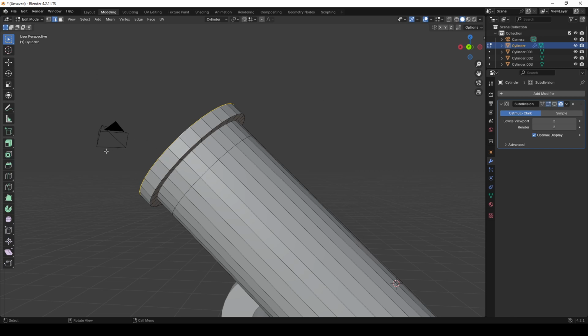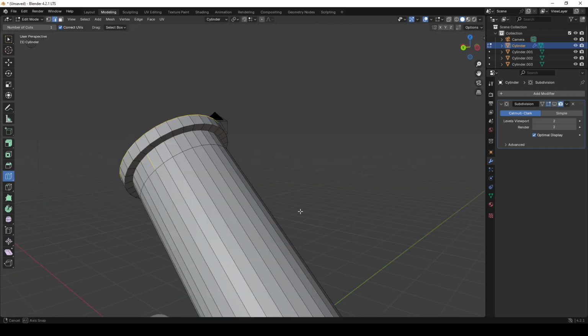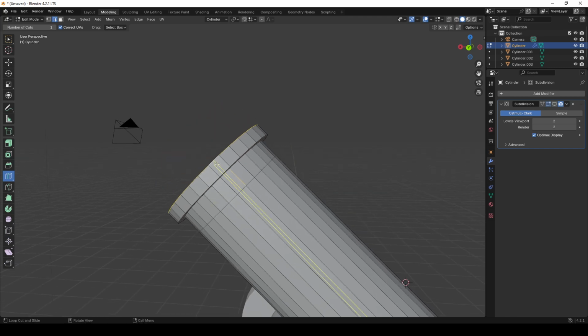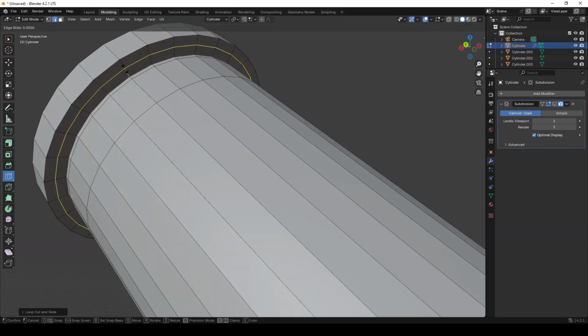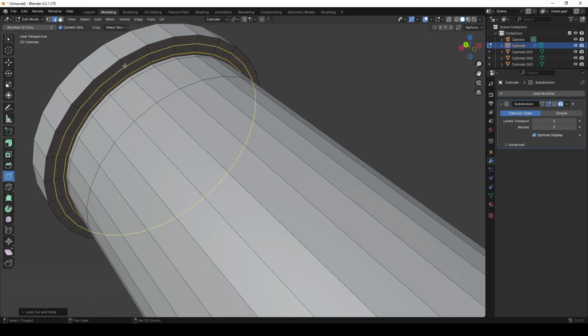Let's just add. So we've got loop. What was it? Was it shift and click? Was it control? Oh no, not that one. Oops. God, I forgot the button already. Let's see. So you click. Oh, that was it. So I click, hold shift. So these are going to be the support loops, which will just prop up that edge a little bit more. So if I again just bring that out